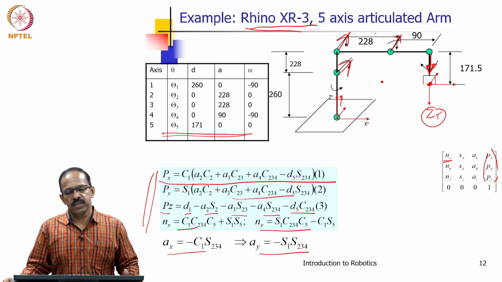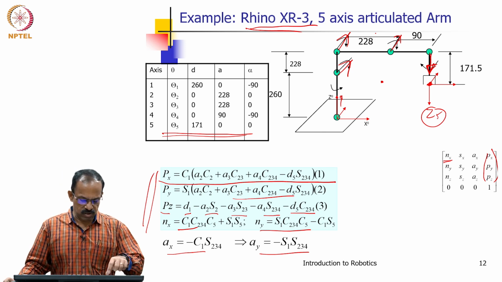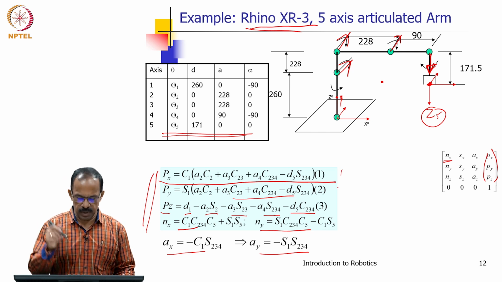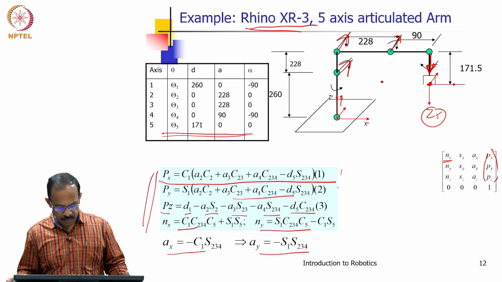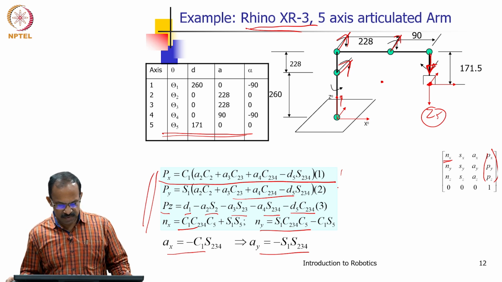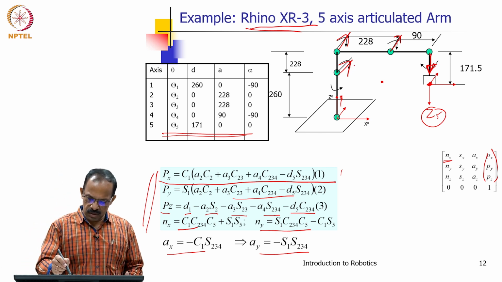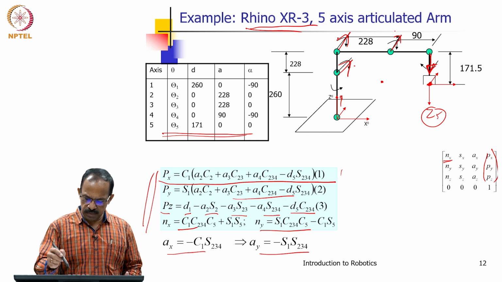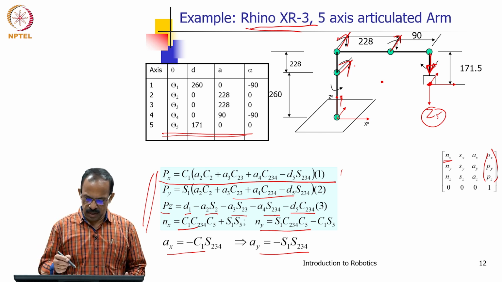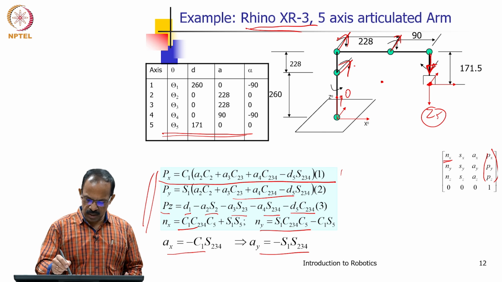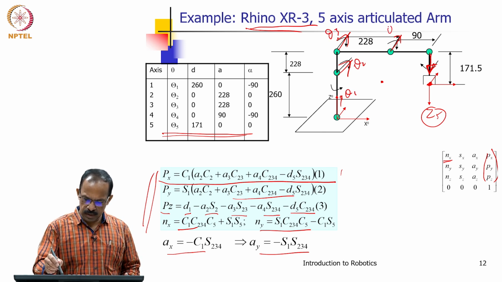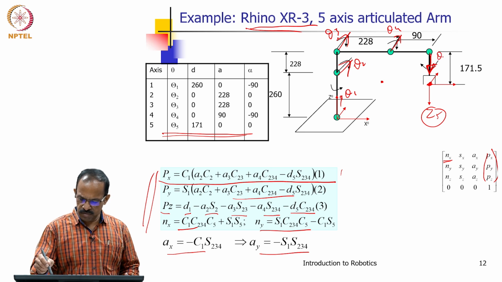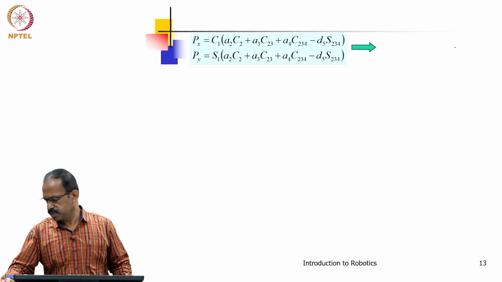And since it satisfies, we know we can actually solve these equations. These equations can be solved. And one important point you can actually see here is that since they are parallel, this 1, 2, 3 are parallel. So, this is theta 1, theta 2, theta 3, theta 4, theta 5. So, these are the joint angles.